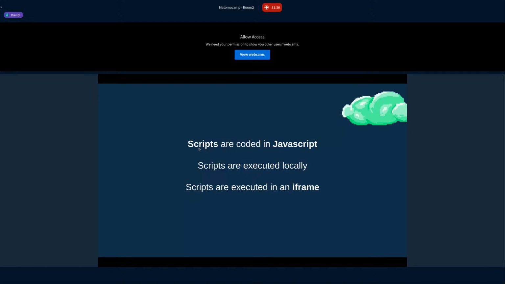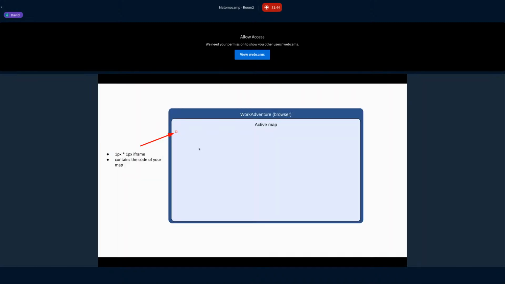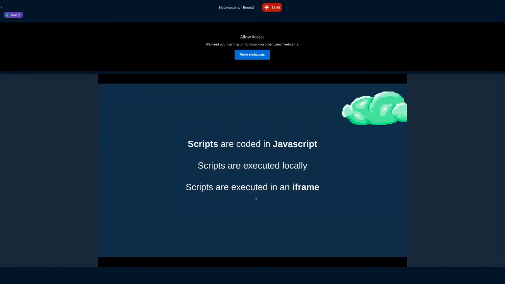They run inside the browser, and they are executed in an iframe. Why? We execute the script in an iframe for security reasons. If someone could guide you to any map and execute some JavaScript in the Work Adventure context, they could steal your credentials, stuff like that.